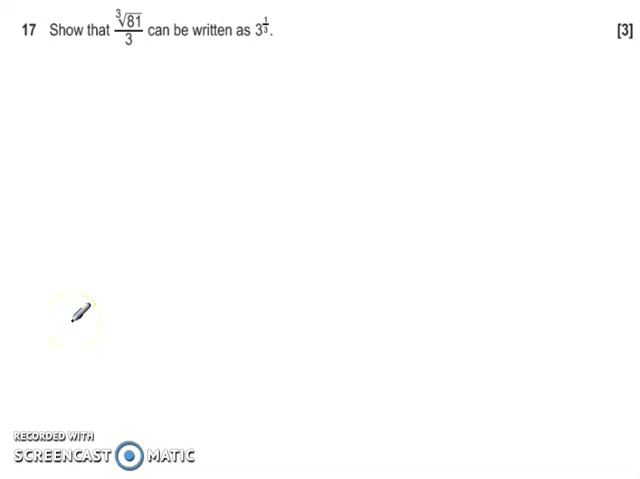Right, question number 17 is a tricky little question. You've got to show that the cube root of 81 over 3 can be written as 3 to the power of 1/3. And to do that, you've got to think about the rules of surds that you are aware of. This is effectively a simplifying surds question, but you've got a cube root instead of a square root,